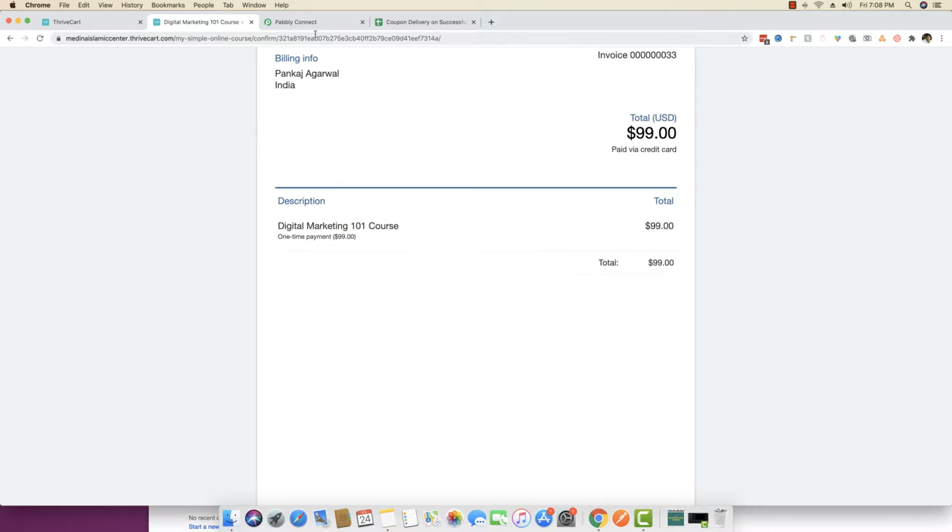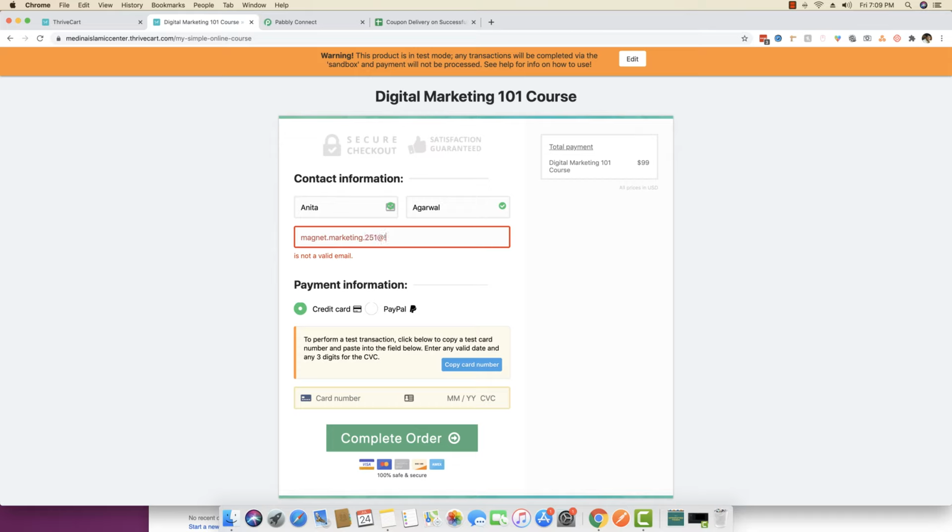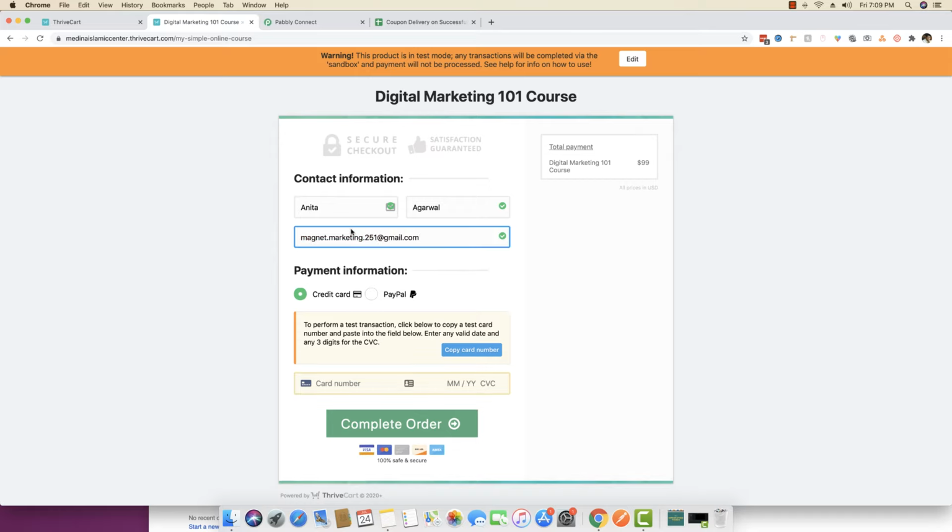Okay, I'll just try it one more time just to show you that it works perfectly. So I'm using another name, and again the same email. And the credit card, copy card number, and the values.